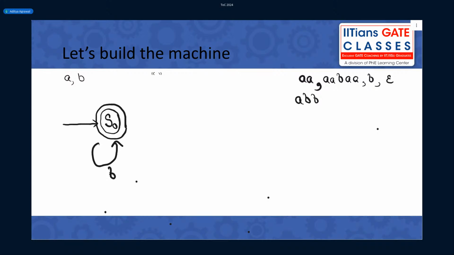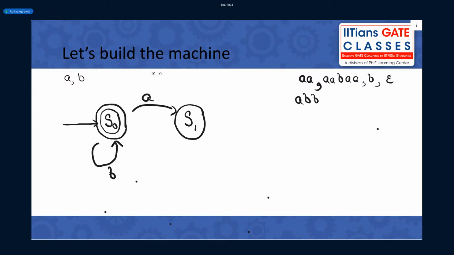So I should go somewhere else. S0 will say that I have read only one A till now, so I can't accept it. Can you go to S1? This is if I read an A. One A. Now it's S1.